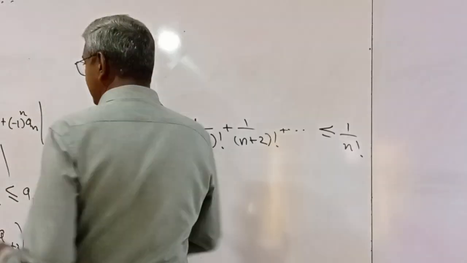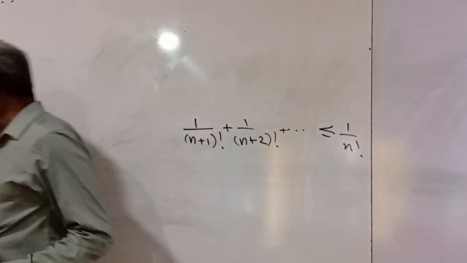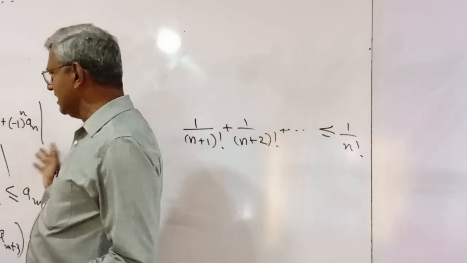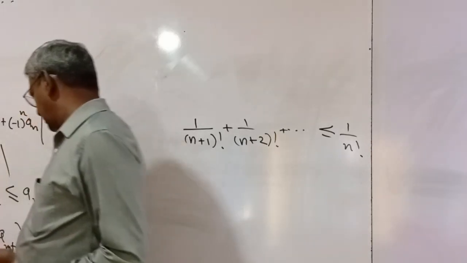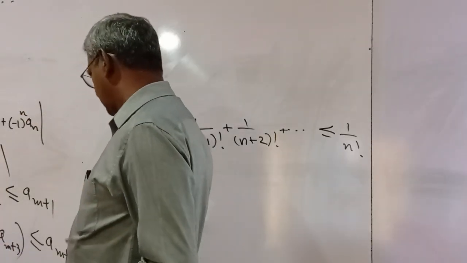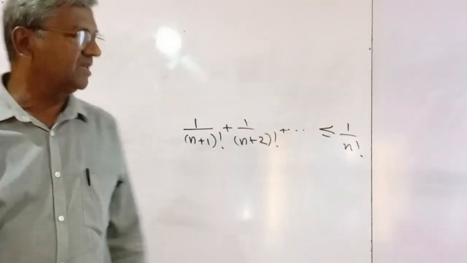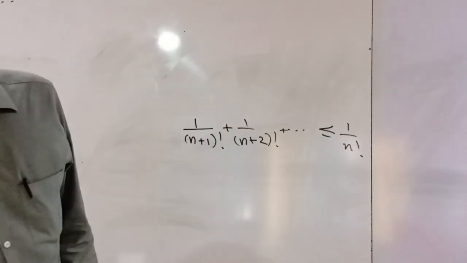So the first term dominates the other terms. It doesn't matter how many terms you write, it is less than or equal to the first term. I mean, that is essential, the proof of